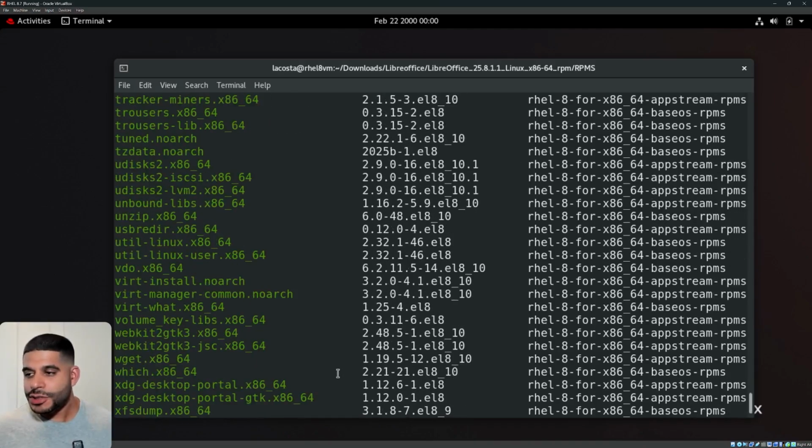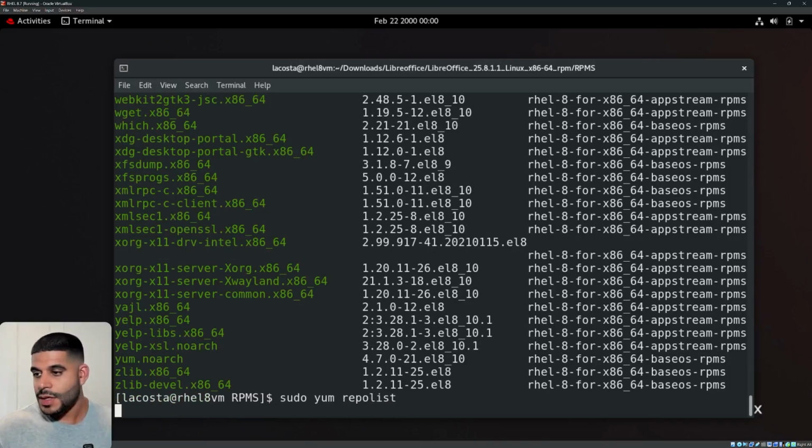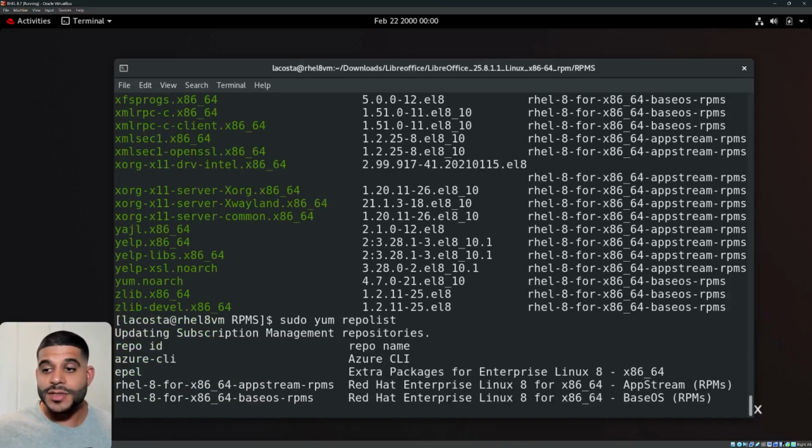All right, so interestingly enough, as I talked about before, you want to be able to work with repositories. And one of the ways that you can work with repositories, and I'll show you how to take a look at them, we really won't dive too much into it, but let's take a look at what repositories are available. And again, repositories are where the packages live. So if I were to do a sudo yum repolist, we can see all the repositories that are available